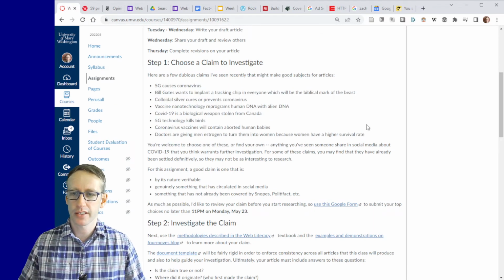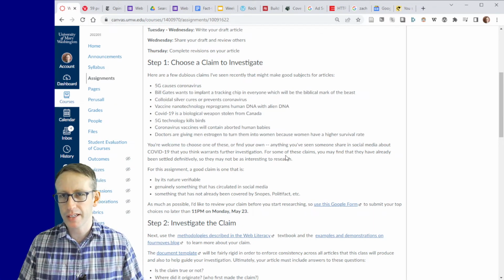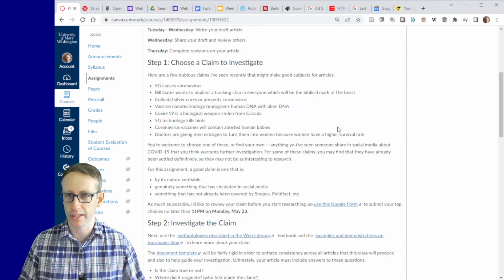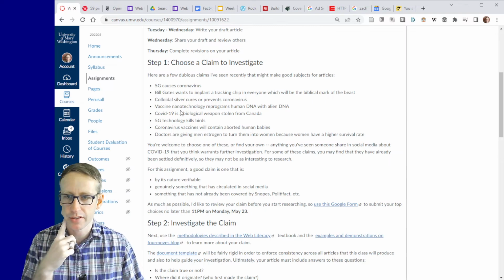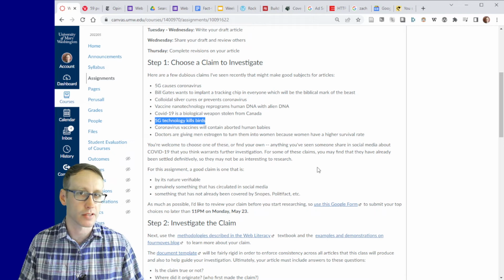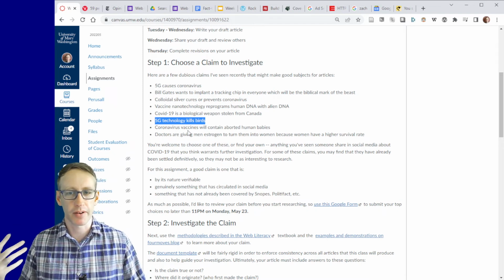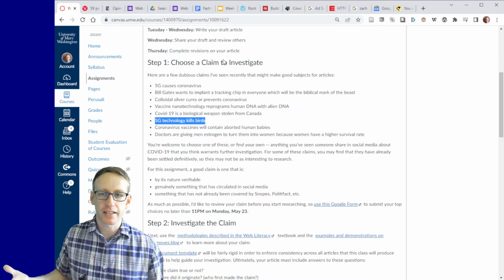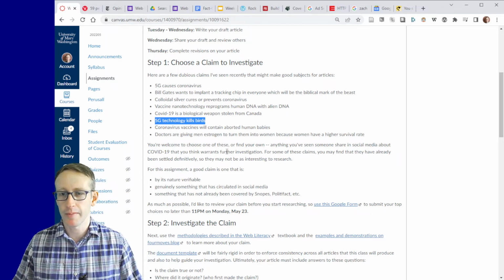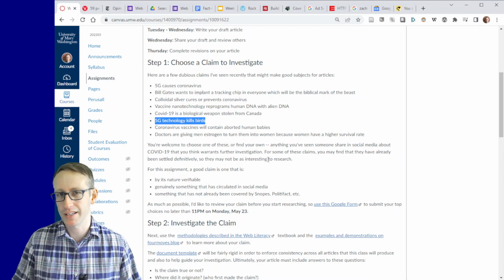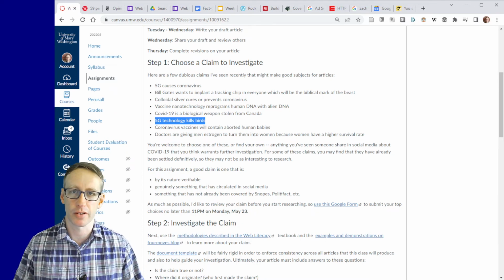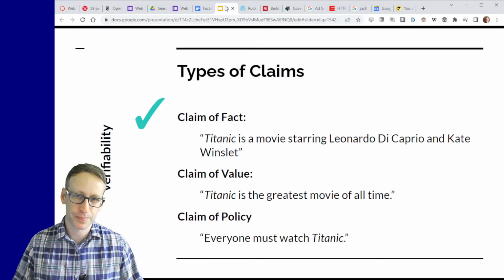So those are things that are meant as possible choices, but also they're meant to illustrate the structure of the kind of claim that I want you to research here. Right? So these are things like, 5G technology kills birds. Okay, is that true or false? I don't know. I would have to research that. But that's something that could be proven true or could be proven false. It may not have been proven true or false yet, but it is at least possible to imagine a world in which it is proven true or false that that is the case or not.